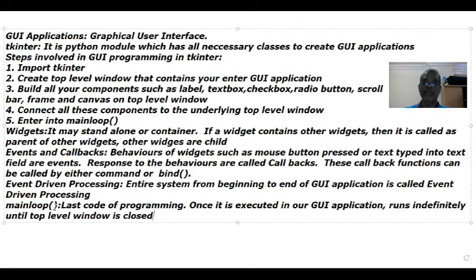Now we will write one small program which explains how to create a GUI program. Very simple. Our GUI application should have only one label. That label should display the text. That's all. You know very well the usage of label: it is used to display just some text. So we can see how to place one label into our GUI program.